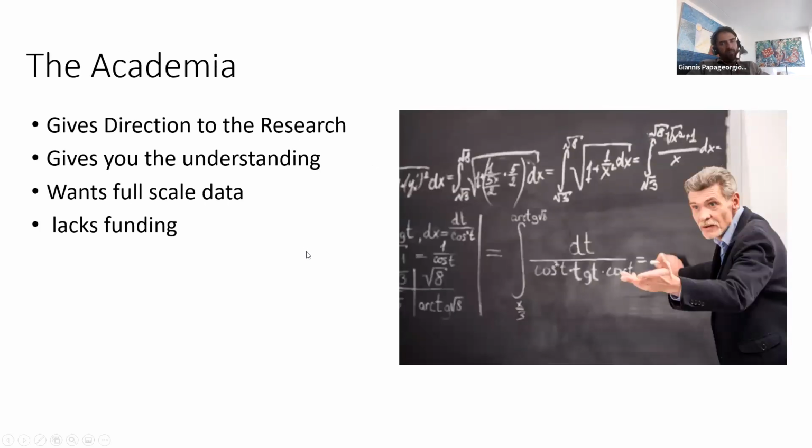I would say the academia is not something to be forgotten in this game, and we have a lot of needs if we need to analyze difficult problems, to cooperate closely. If we want to have research and development departments that are able to give better results in the future, a professor is, of course, focused on the knowledge and the teaching and the explanations, let's say, for wave resistance or all the subjects that are on